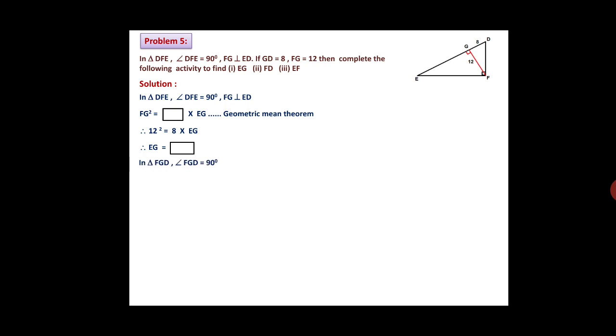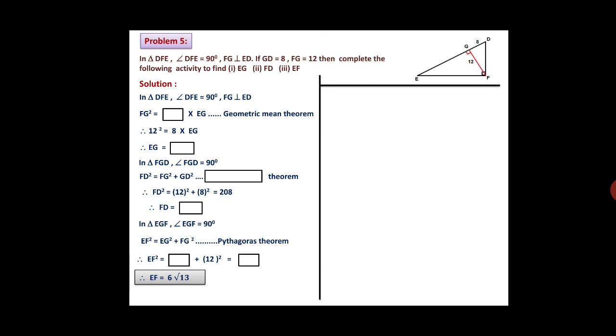In triangle FGD, angle FGD is 90, therefore we can use FD square is equal to FG square plus GD square. Which theorem it is, that we have to write there. So FD square is equal to 12 square plus 8 square. Substituting the values, you are getting FD square equal to 208, and what the value of FD comes, that you have to write. Now last, in triangle EGF, angle G is 90, therefore EF square is equal to EG square plus FG square, by Pythagoras theorem. So EF square is equal to box plus this 12 square, which will again be whatever result comes, and EF value they have given is 16 under root 13.